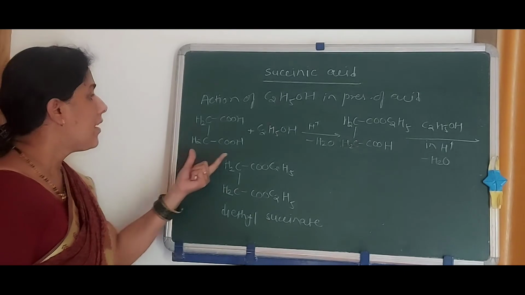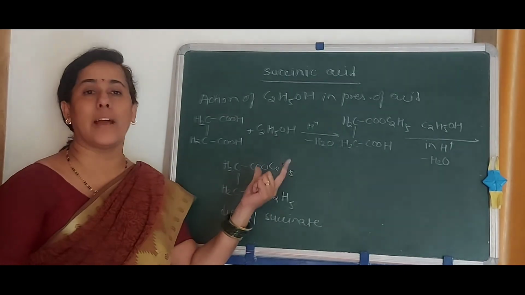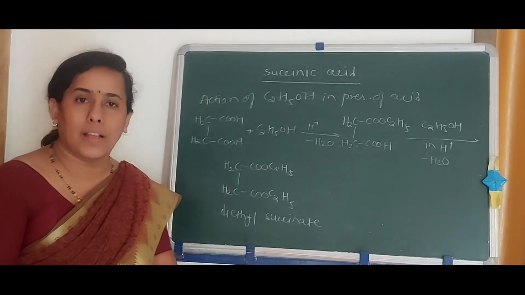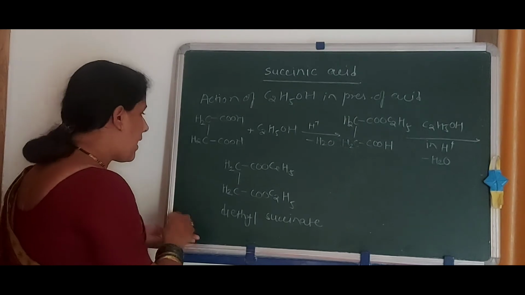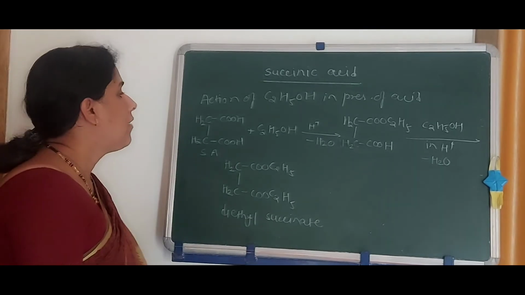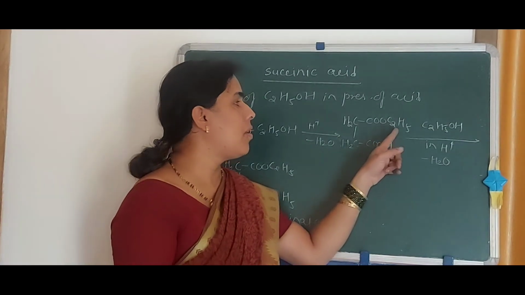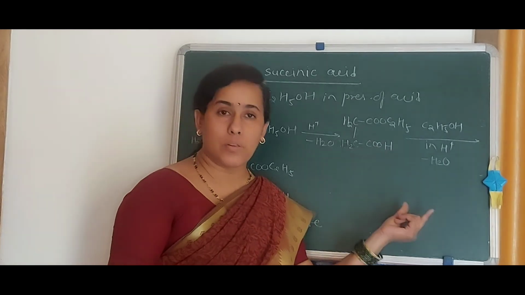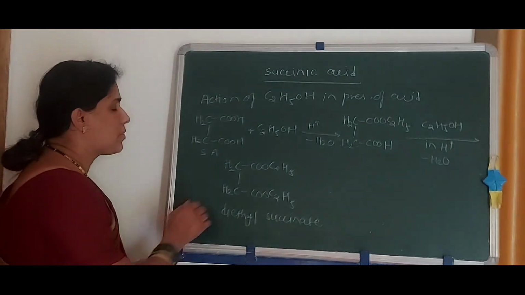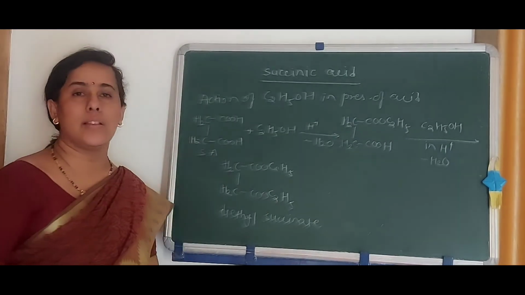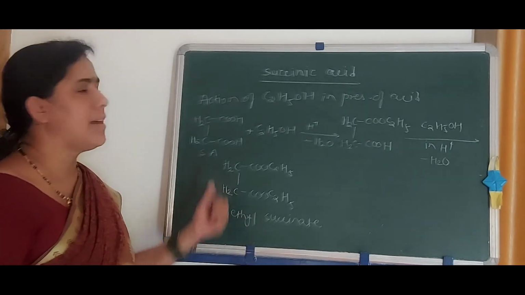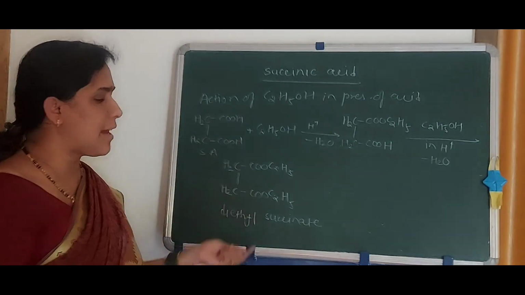Likewise the formation of a disodium derivative of succinate. Here one molecule of ethyl alcohol in presence of an acid, this succinic acid uses this one molecule of ethyl alcohol with removal of a water molecule, formation of the monoethyl derivative of succinic acid, which again uses one molecule of ethyl alcohol. There is formation of an ester, that is succinic ester or diethyl succinate. Okay, thus we have completed here three types of reactions.